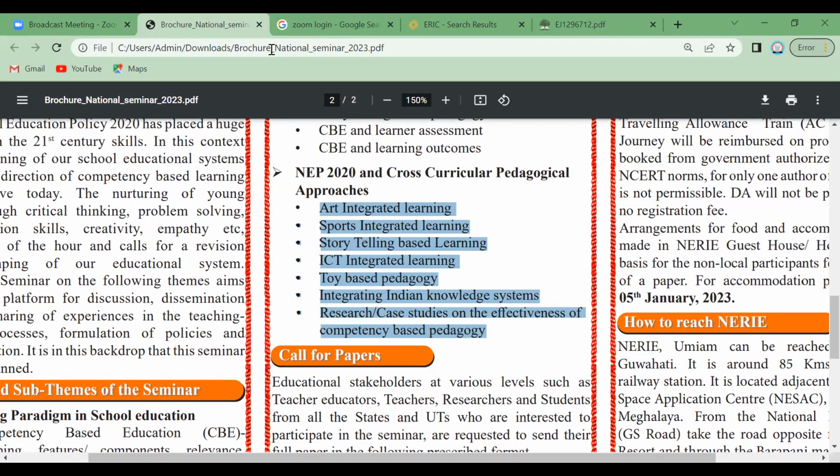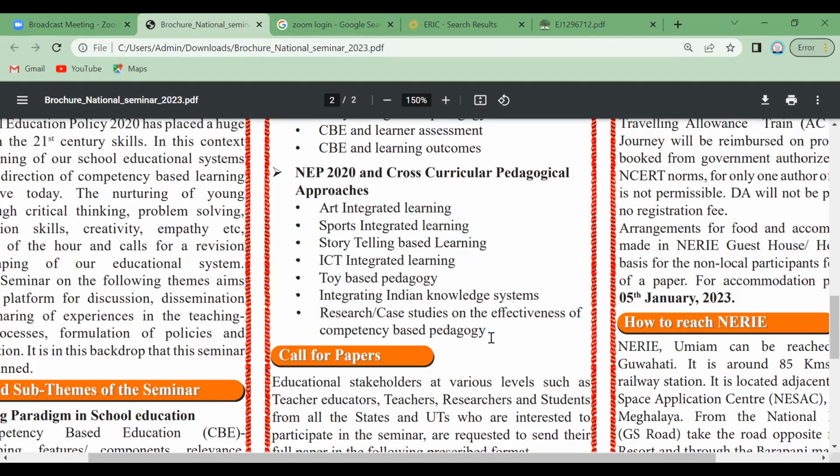So likewise, she conducted the game for 10 to 15 days. And after that, she could find that most of the children could identify the alphabets very easily. So likewise, research paper means, from the teacher's perspective, you don't need to go for bigger topics. You can select very, very simple topics that can be easily implemented.